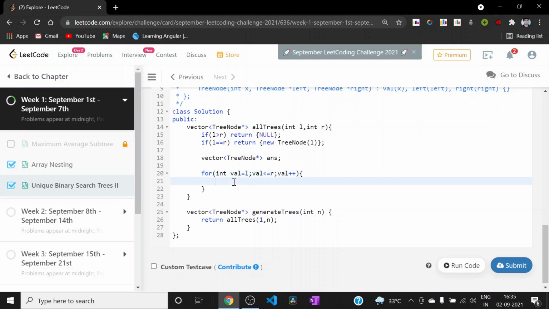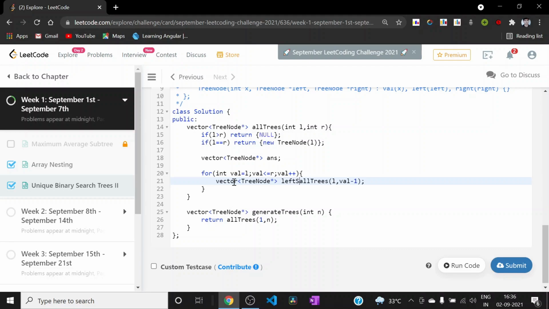For a particular val, all the left subtrees will have range from l to val minus 1. So we will be using our recursive function to get this, and we will be storing it into a vector of pointers to the tree node.